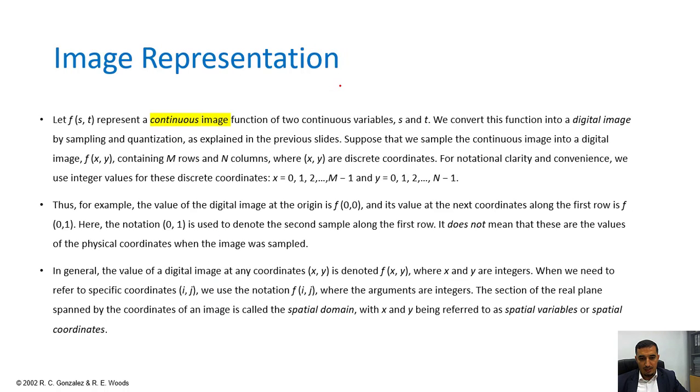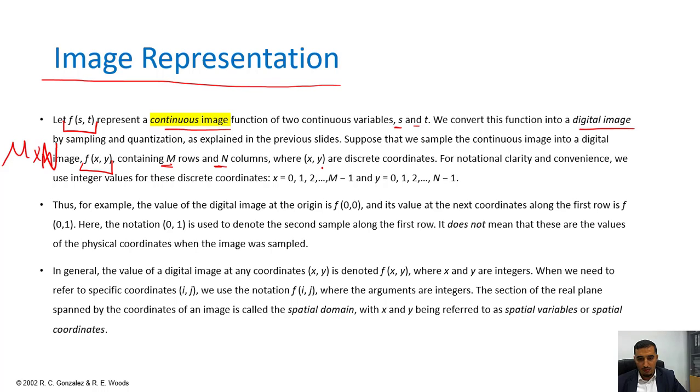So image representations. First of all, let's represent a continuous image as a function of variables s and t, and we convert it into a digital image by sampling and quantization. So the digital image will be f of x, y, and the continuous image will be f of s and t. Now f of x, y contains m rows and n columns, so we can say that the image is an m by n